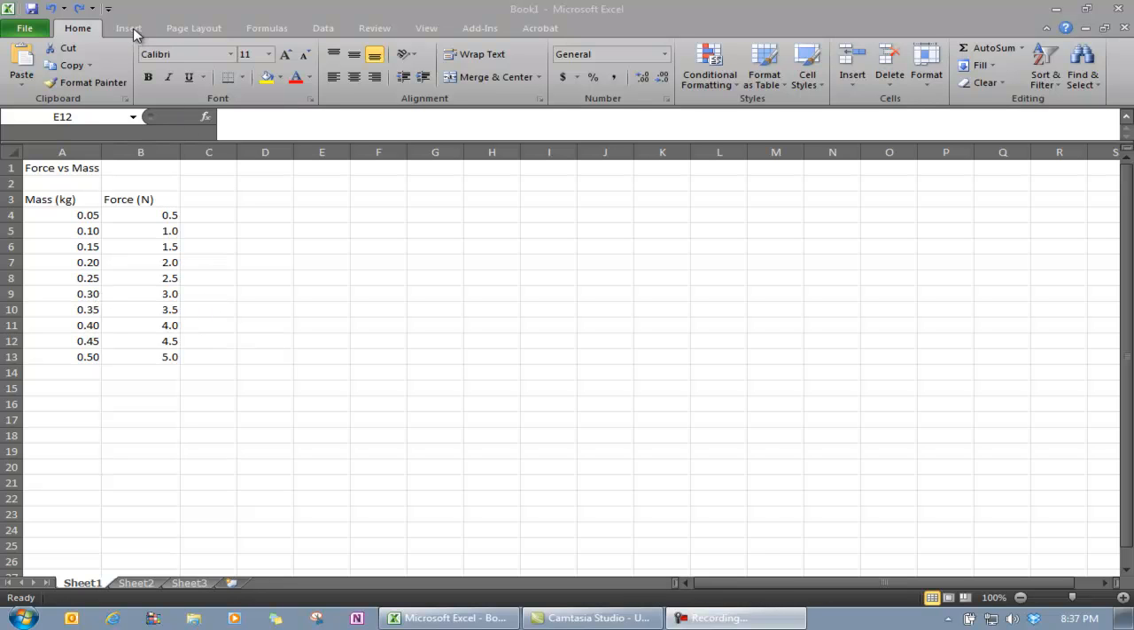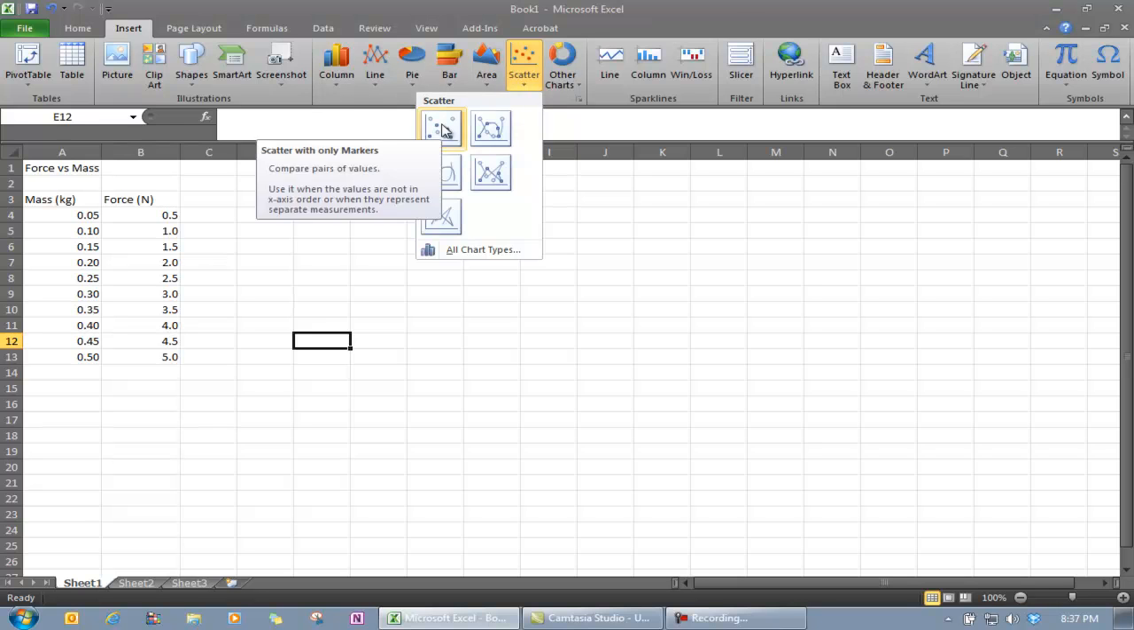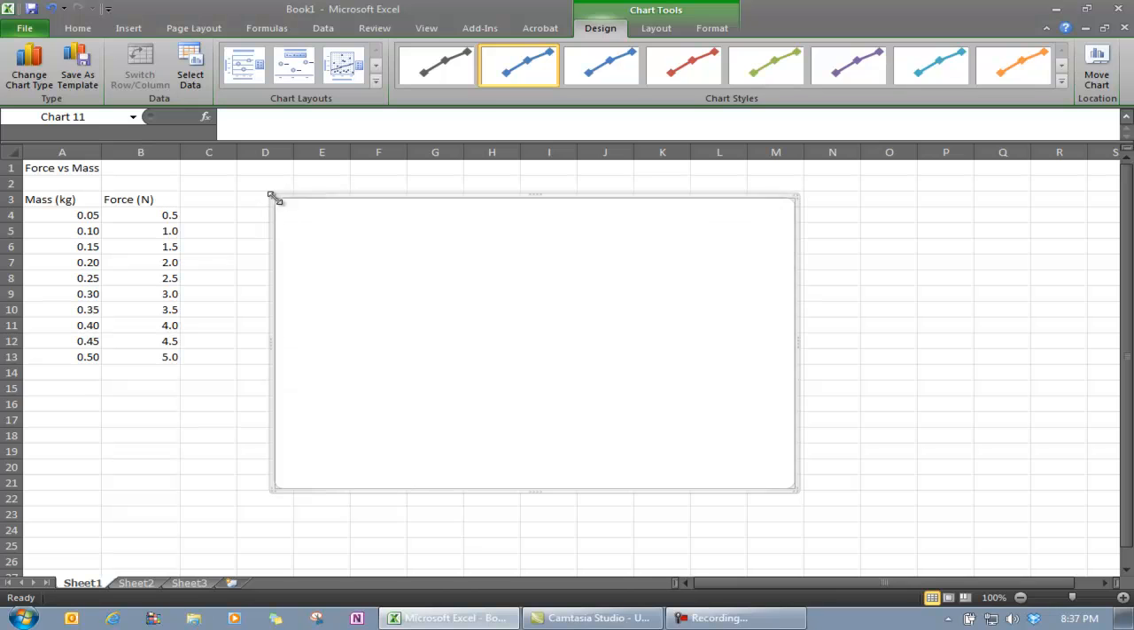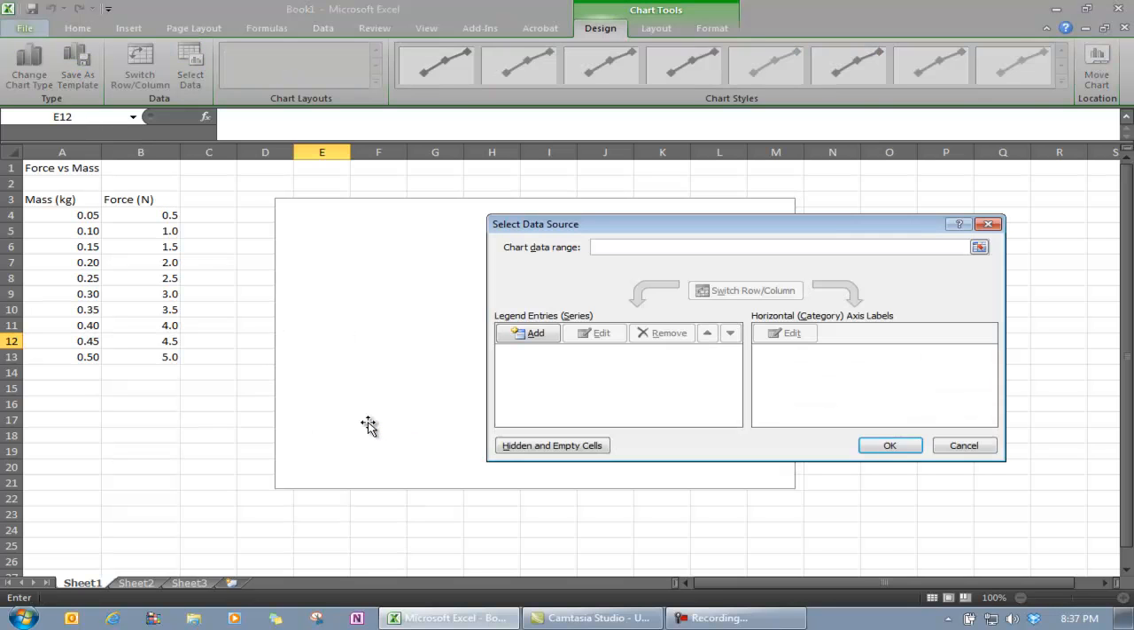To insert a graph, we start by going up and inserting. Go to the Insert tab, and we want to insert a scatter graph. We don't want any line on it, so we choose that first one. We can easily resize this window where the chart will go, and that'll make it a bit easier for us to work. Inside this graph area we right click on our mouse and go to Select Data,